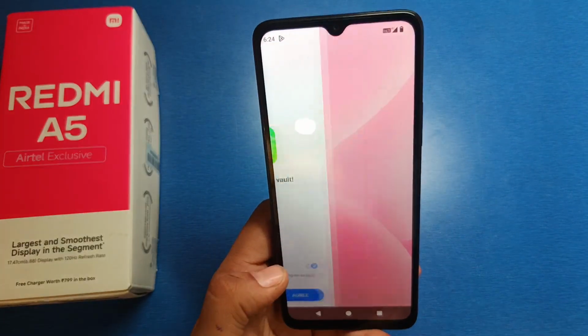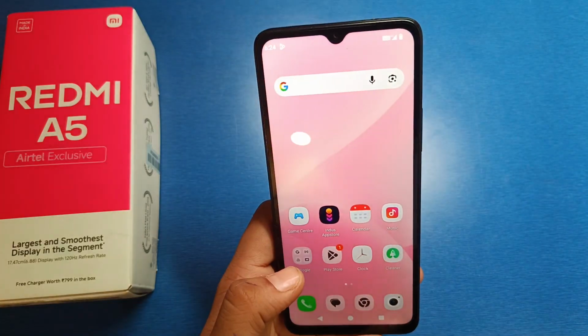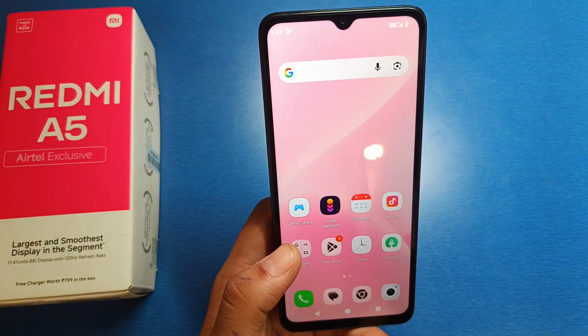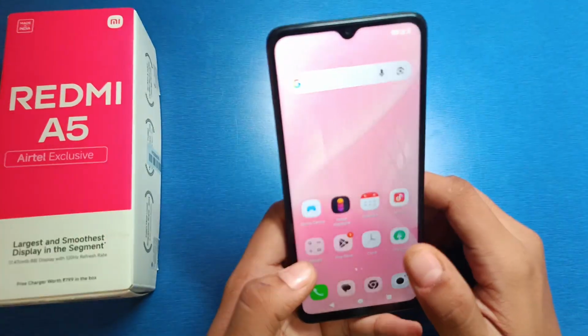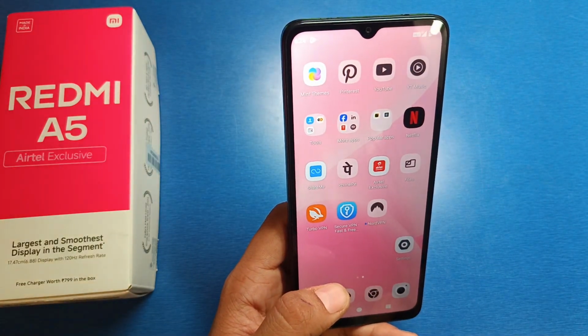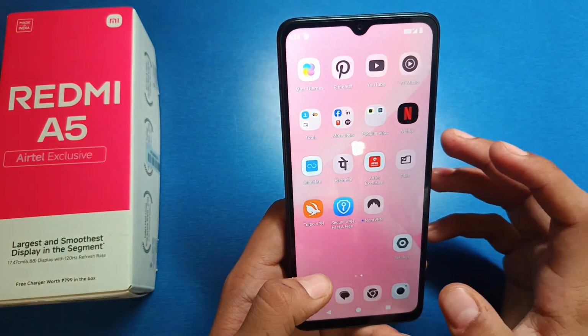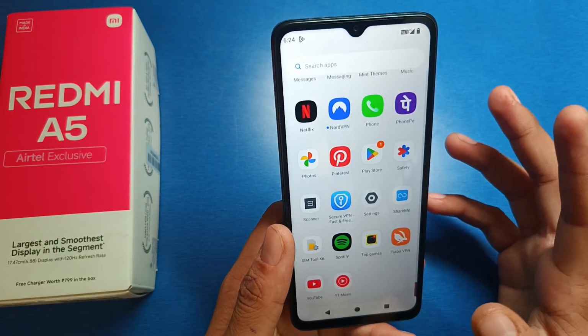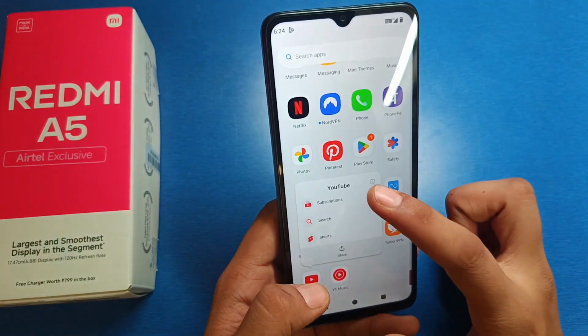In this video I'm gonna tell you how to fix the YouTube crash problem on your Redmi A5 smartphone. So let's start the video, friends. If YouTube turns off every time you open it, you can long press the YouTube icon, click on the I button,